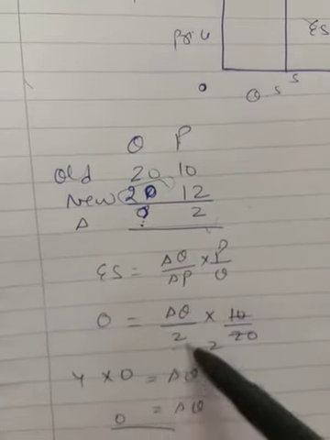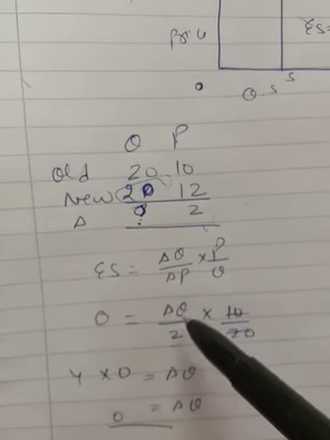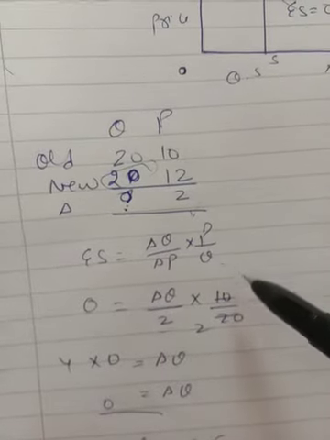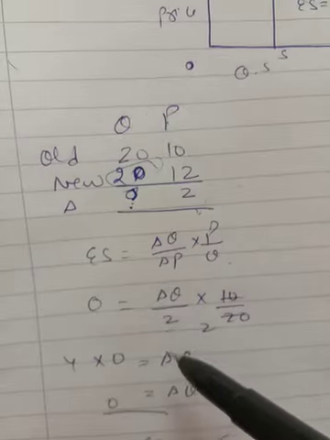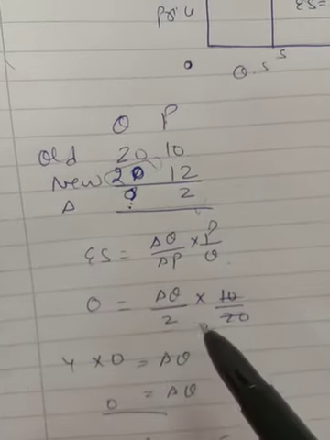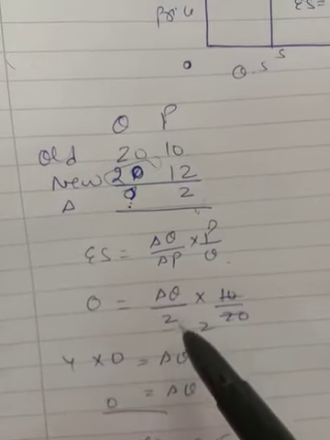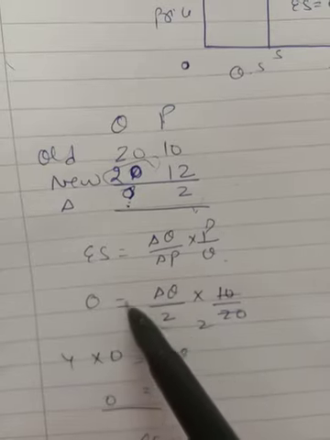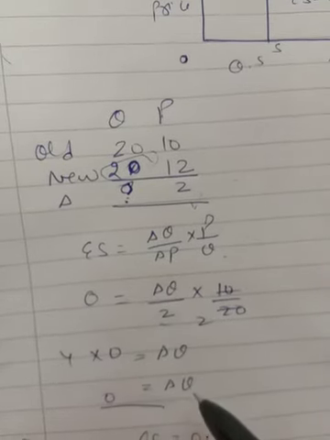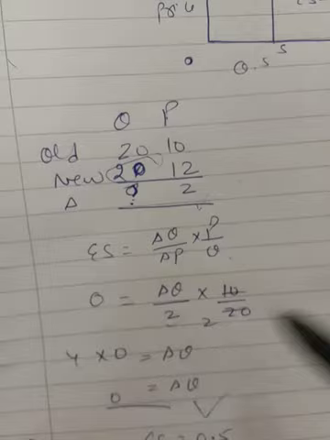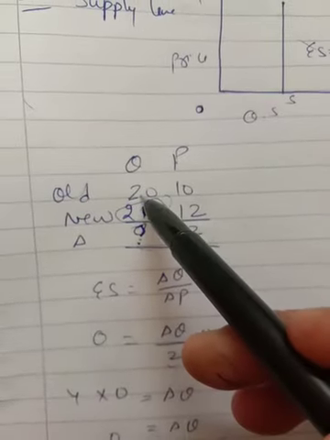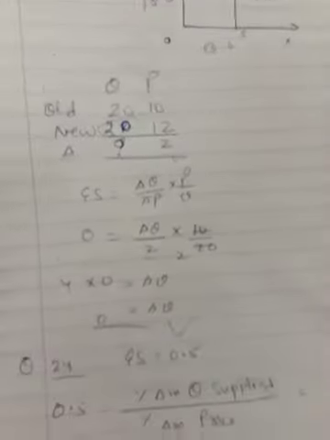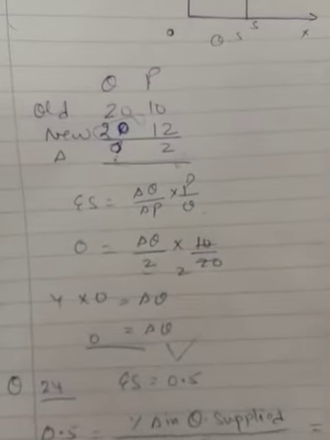So the change in price is 2, the change in quantity you have to calculate, and price by quantity is 10 by 20, and here you will get the elasticity of supply, that is 0. Now you will make the reverse of this, 2 into 0. Here the change in quantity is 0 after solving all this. So if the change in quantity is 0, definitely the old quantity will be considered as the new quantity. So it is clear that the old quantity is equal to the new quantity.